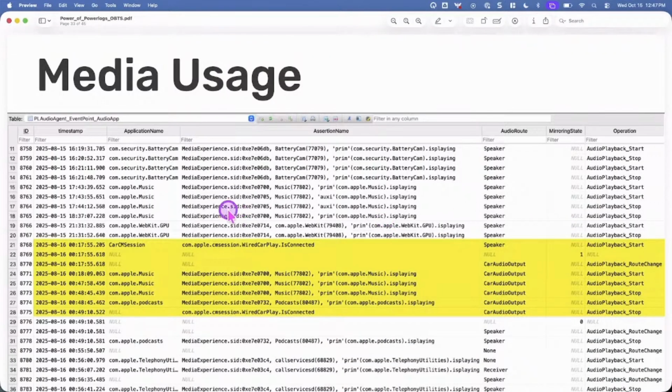All right. Another one, audio app. So audio app here, this one's another from a CarPlay usage here. I want to know where it's actually going to. So what type of device is it actually going to? You'll have the different application names. WebKit you usually find with Safari, but of course other apps could potentially use WebKit as well. Security cameras, music, pretty much anything that has some sort of audio feature to that. And we can see over in the audio route where it's actually going out to.